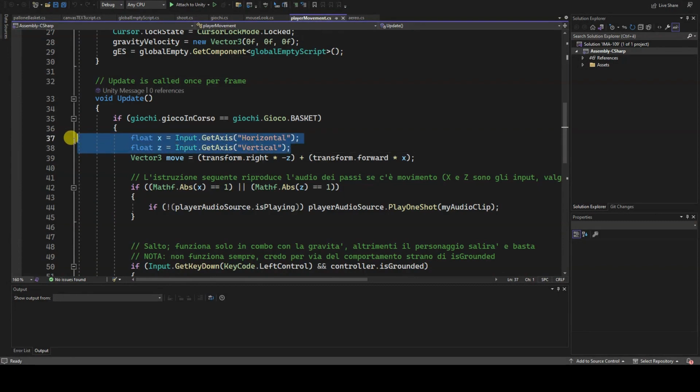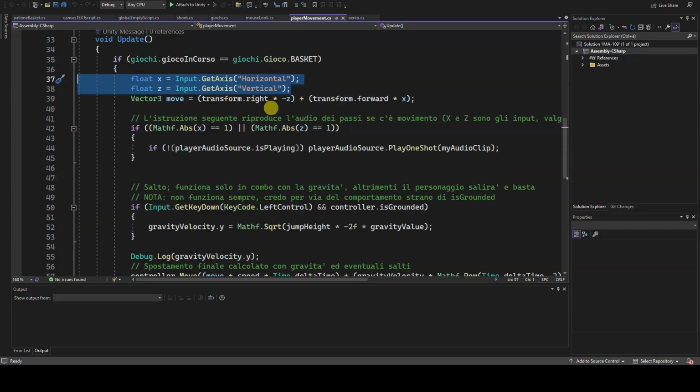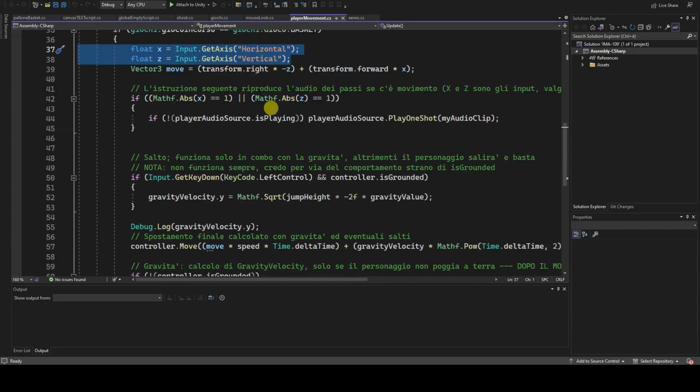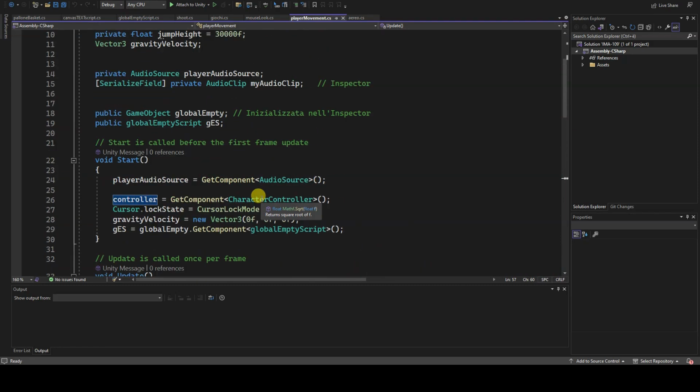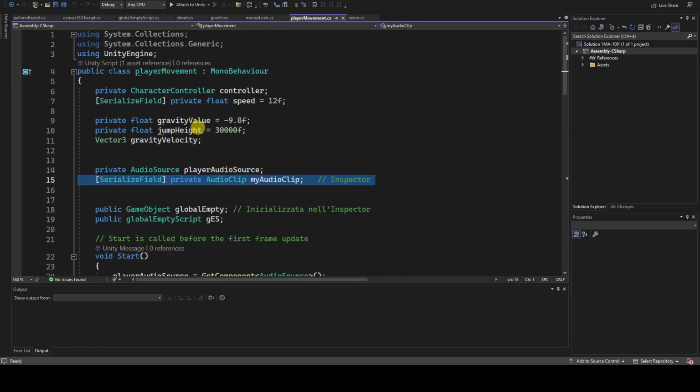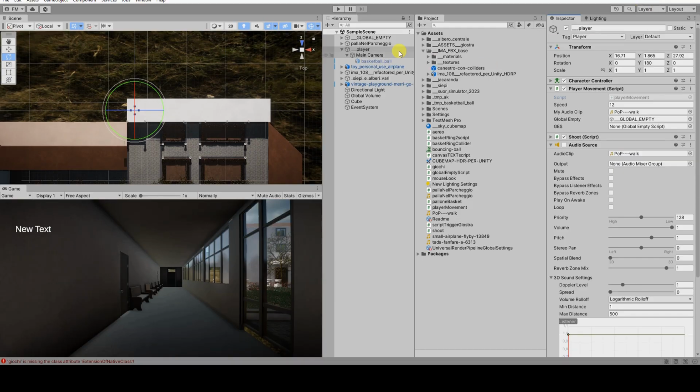So if I directly multiplied these values by time.deltaTime in the Update function of the script, I would achieve a displacement of 1 unit in the scene per second, but this solution does not provide the ability to adjust the speed. To solve this problem, the simplest thing to do is define a private variable with the SerializeField modifier, which can be seen and modified in the inspector when testing the game in the editor. In the example I'm showing you on video, this variable is called speed, and initially has a value of 12.